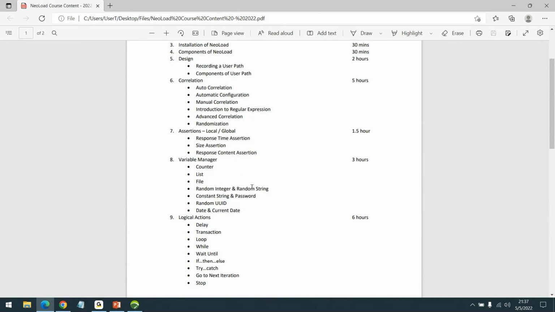So what we will do is use the demo applications just to learn all the different features, components, and functionalities of NeoLoad. Of course, I have to agree that the live application would be entirely different. A live application could be a little more complex compared to the demo application. Even the demo application, as we progress, tends to become a little complex for newcomers and starters.